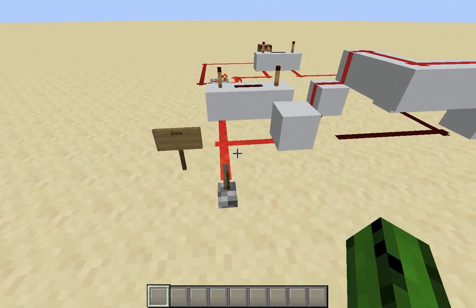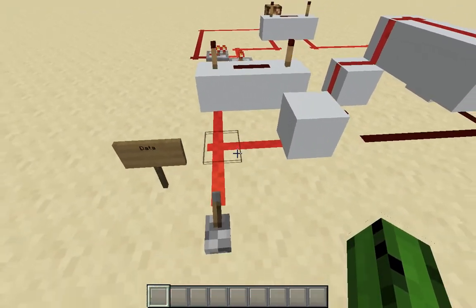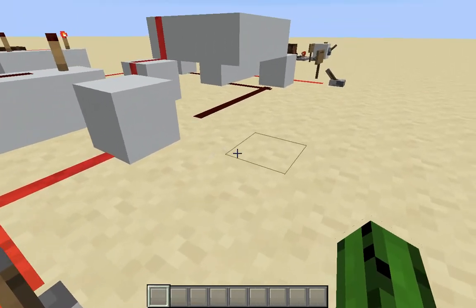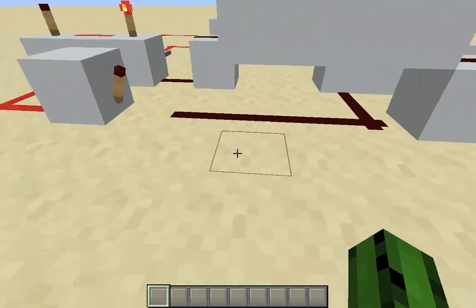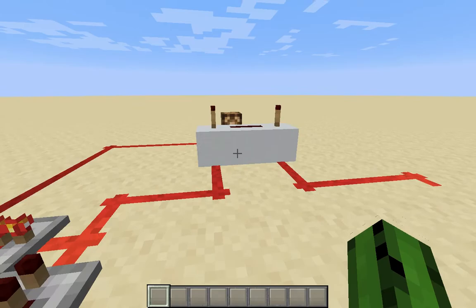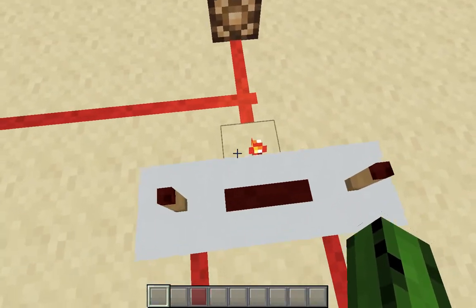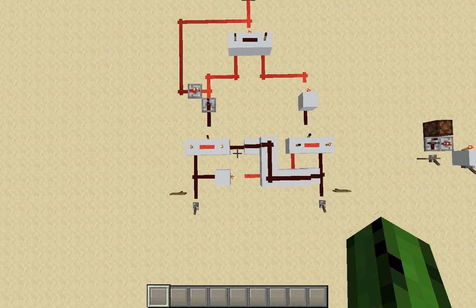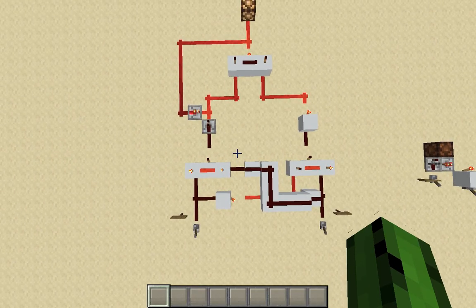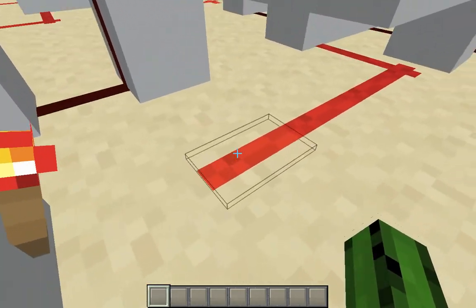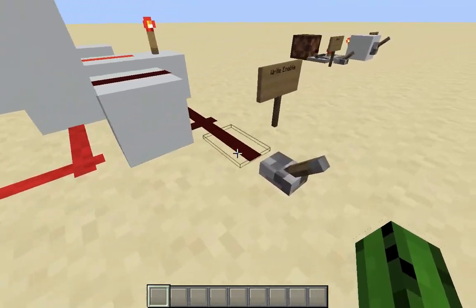However, if, say, we were at 1, and then we turn it off, well, now we get a 0. So we can have a 1, disable write enable, and then change that to whatever we want, and it will store the value. So this is the same way that computer RAM works in a real computer, using just these simple logic gates. However, this is a little bit overcomplicated, and in Minecraft we have something a lot simpler that